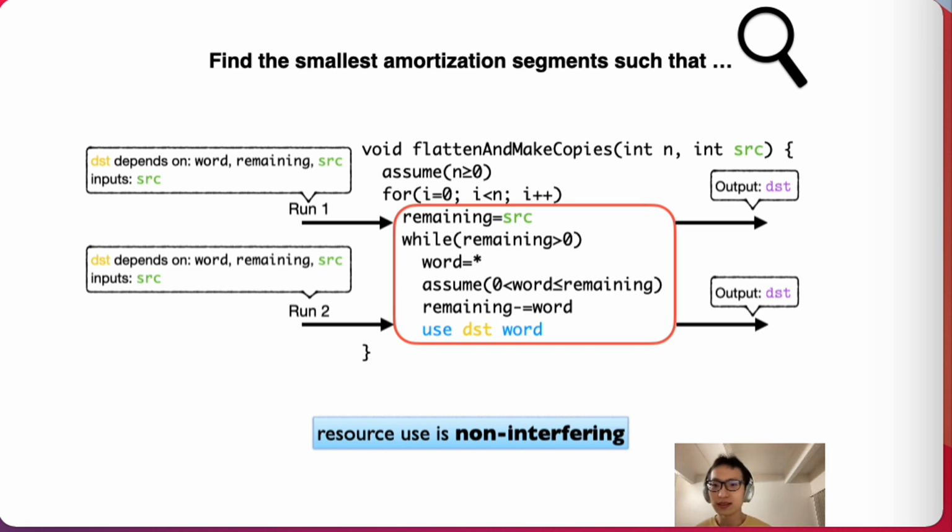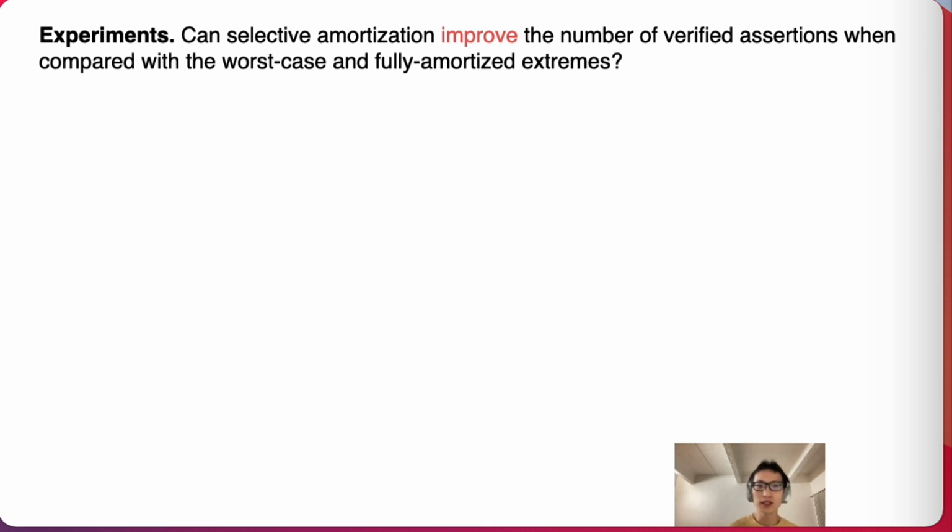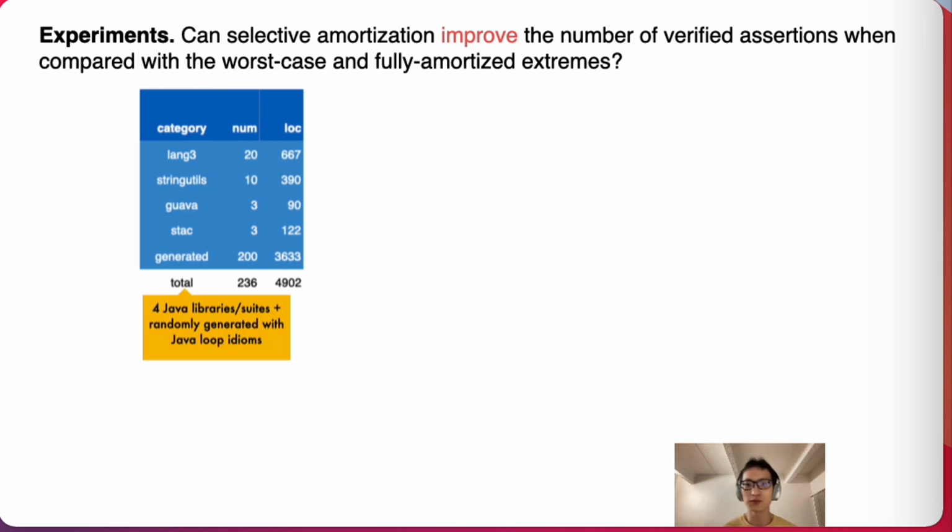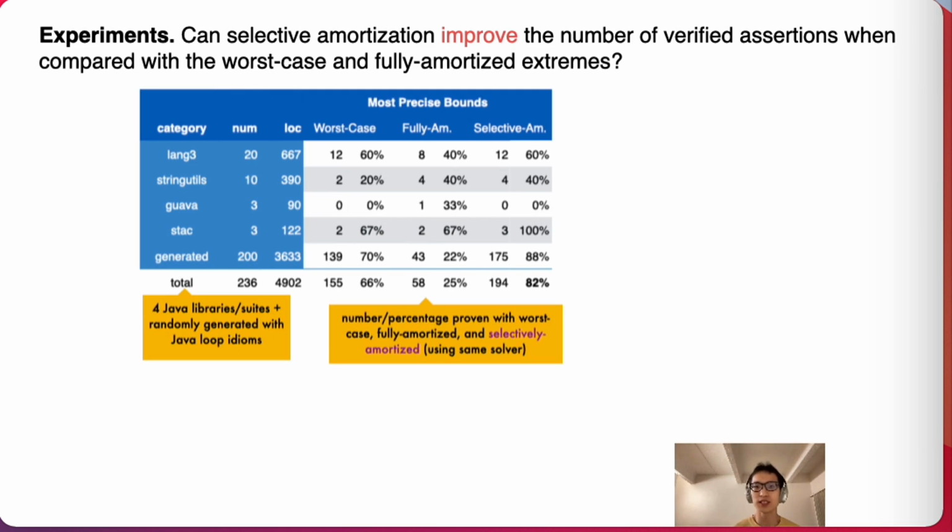Algorithmically, we want to find the smallest non-interfering segment decomposition to minimize this precise but complex, brittle, and expensive amortized reasoning. We implemented this particular amortization strategy in our experimental evaluation. We considered the research question about whether selective amortization can improve the number of verified assertions when compared with the two extremes. We consider examples extracted from 4 Java libraries, plus a set of randomly generated examples based on Java loop idioms. We consider the number of proved bound assertions using the 3 configurations: worst case, fully amortized, and selectively amortized